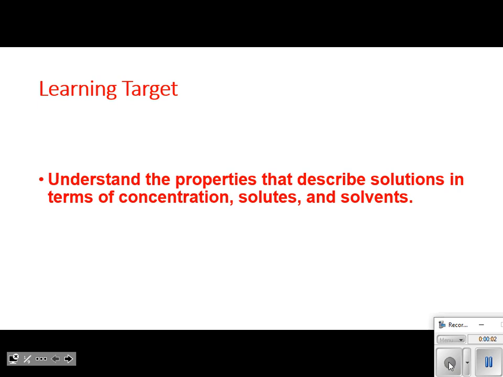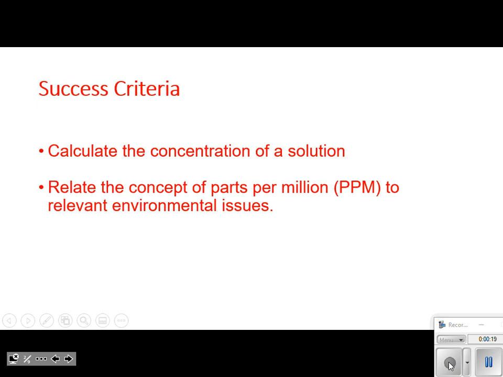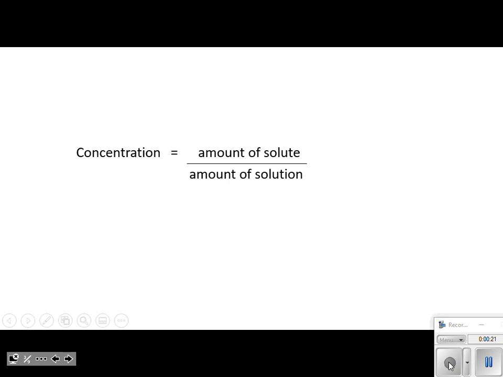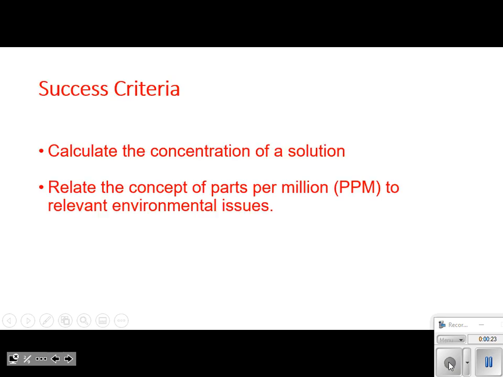Today we're going to talk about some proportions in solution mixtures. So here is our learning target: to understand the properties that describe solutions in terms of concentration, solute, and solvent. In order to do that, we are going to need to be able to calculate the concentration of a solution and to relate the concept of parts per million